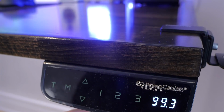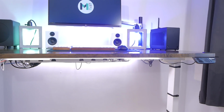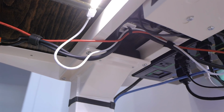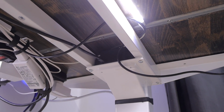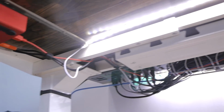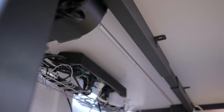Still, I like that the button's backlight turns off after some time, leaving only a black panel. It looks really clean that way. Now, as I said earlier, this desk has 2 motors, which means that each leg has its own motor. One of the benefits I've noticed is that there's no rod that goes through the desk that way. In the case of a single motor desk, you need a rod that makes both legs move up at the